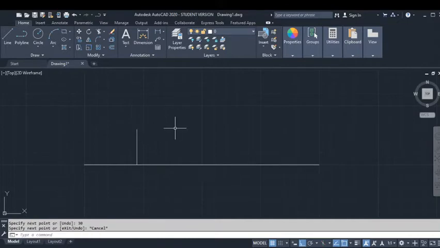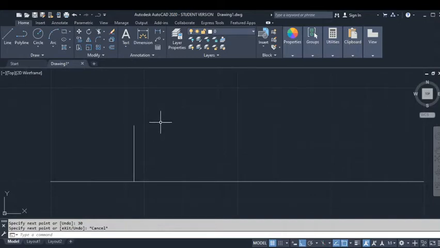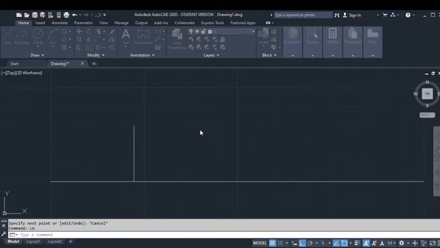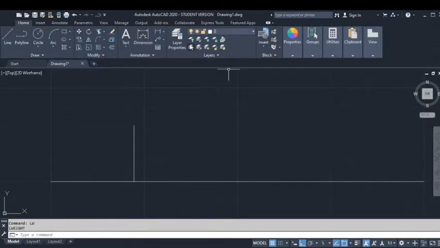Now I have drawn this line so that I can locate the center of the circle. Now I'm going to draw a circle, but before drawing the circle I would like to also use the line weight command. I'm going to use this line weight command so that I can increase the thickness of the object which I'm going to draw further. So now I have chosen a line weight of 0.3 and I'm pressing OK.